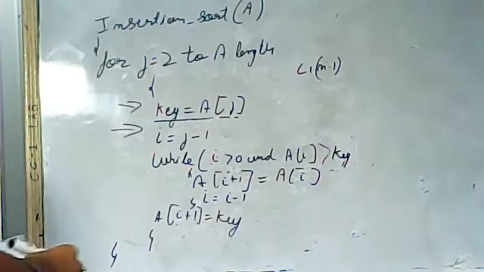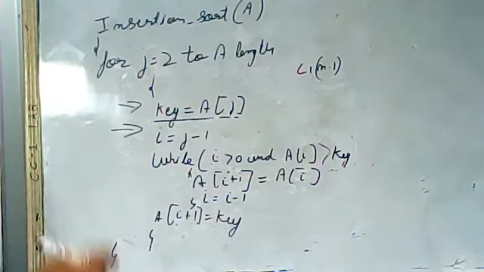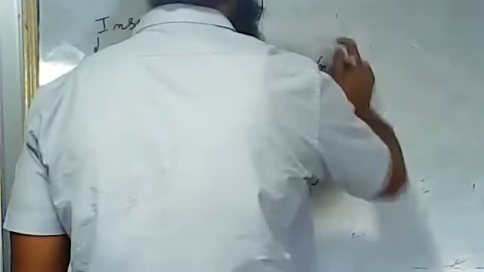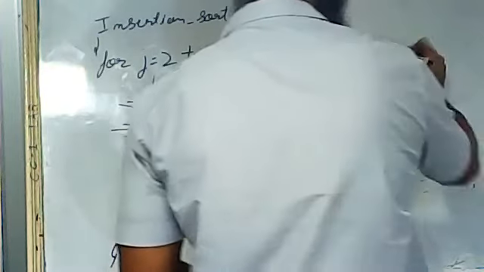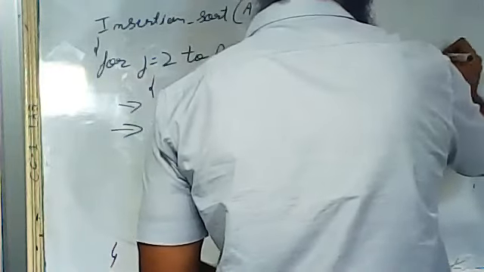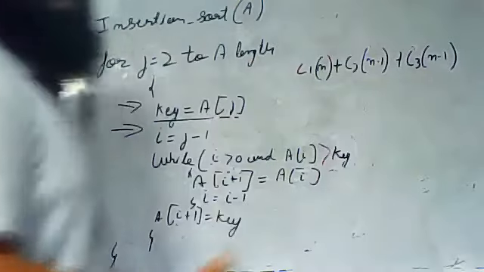If c1 will take n time, so we will write c1 into n, plus second was c2 into n minus 1, plus c3 into n minus 1, plus next was